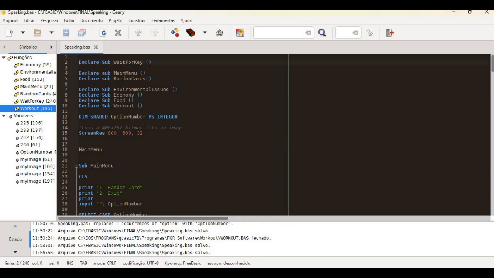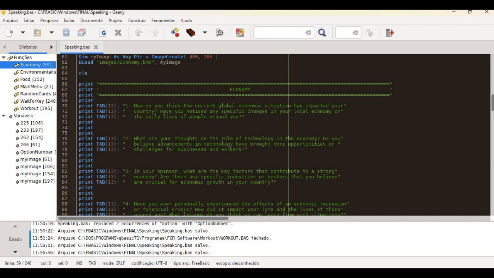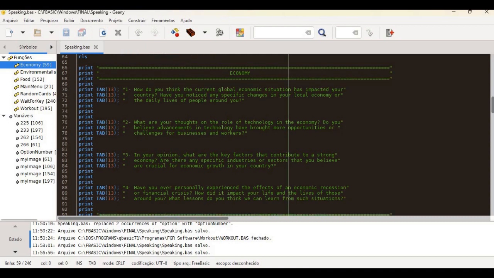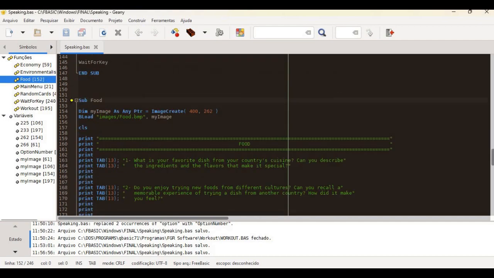I wanted to have a small program in which I could generate different questions about different topics for my lessons, for my English lessons. This software aims to help me in my lessons. This is a program that generates questions about different topics. For instance, you can see here, economy. We can talk about economy using this small software, and environmental issues, about food, about